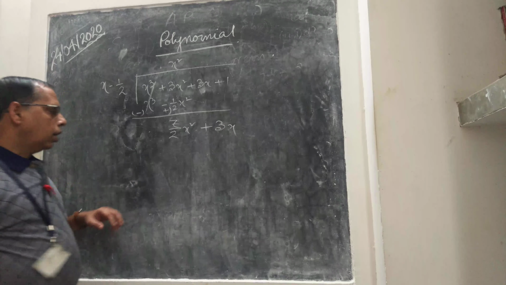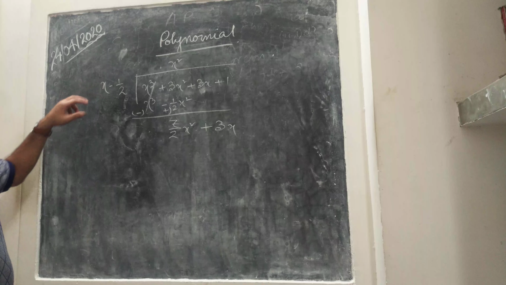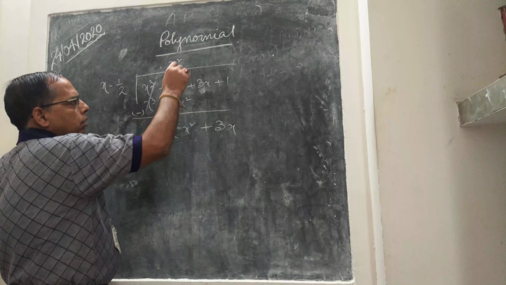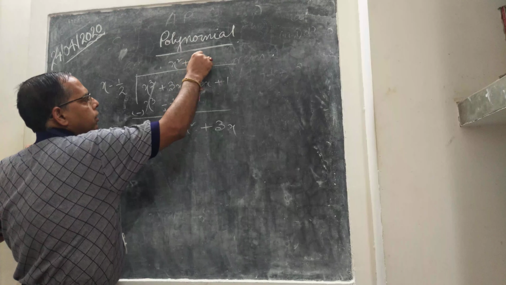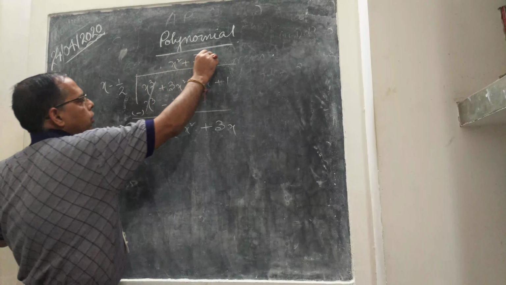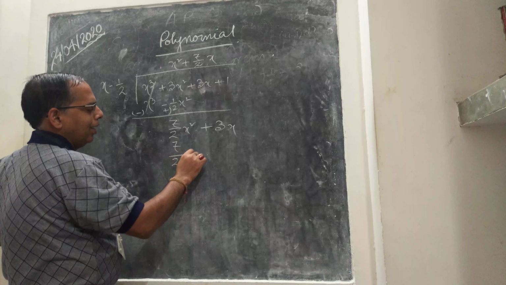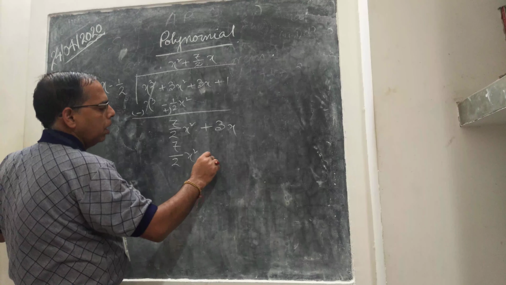Now you see, here the coefficient is 7 by 2, here it is 1. So for 1 and 7 by 2, the LCM is 7 by 2. So plus 7 by 2. Degree 2, 1, so it will be x. So 7 by 2 x squared, then minus